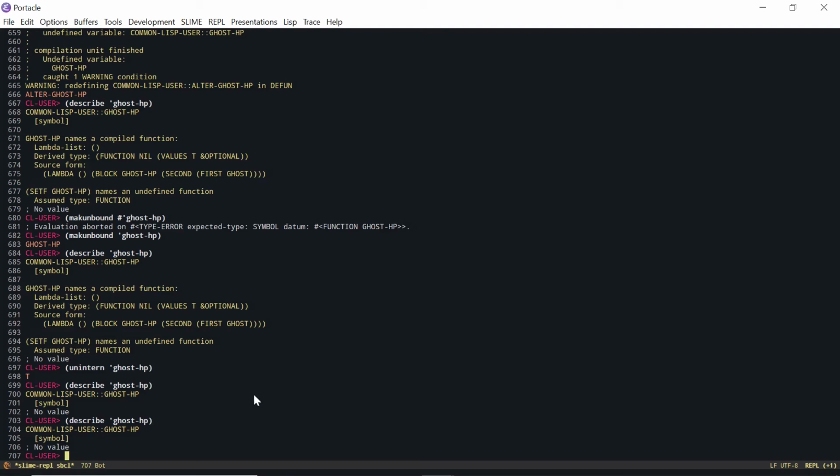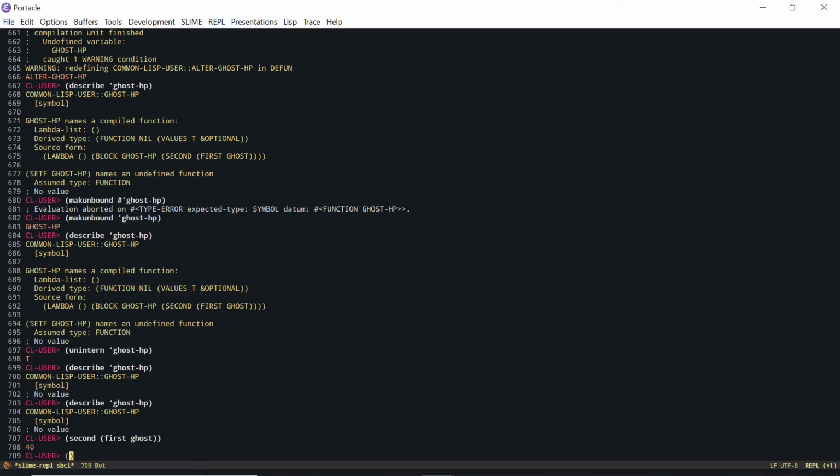And then now I want to say, like, what is it? Second. So second first ghost. That's how we're getting this HP. So now I want to say, like, def var. And maybe I'll use it this way, the correct way, because I'm using a HP here. And then now my variable got the earmuffs around it, which means it's a special variable, which means it's basically a global variable. And then I'm going to put second first